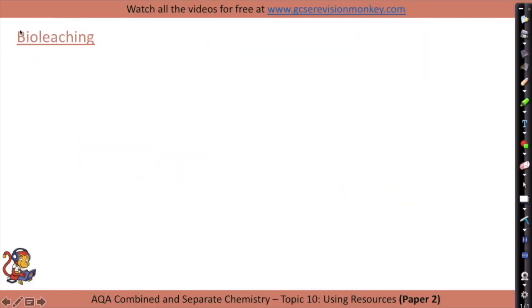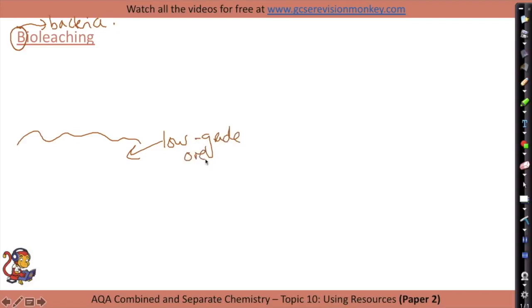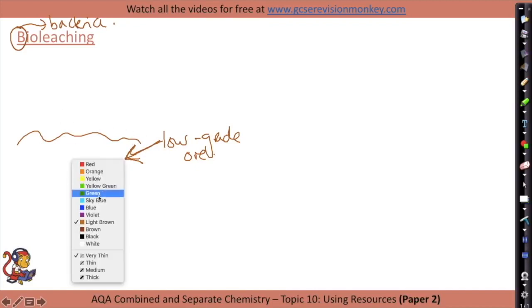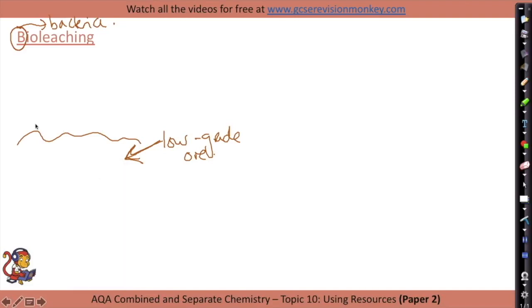Bioleaching is another technology that's being developed at the moment. B in this case is for bacteria, and in this case we still have your low-grade ore containing a small percentage of copper. It wouldn't be economical to mine this because there's not enough copper in it, but instead bacteria is quite cheap, it divides rapidly. What we can do is grow bacteria on the ore, and that bacteria turns the copper compounds